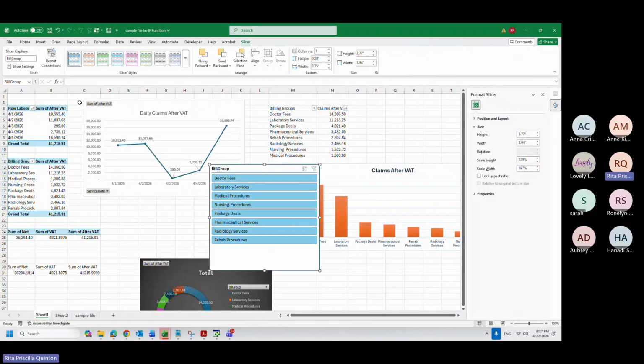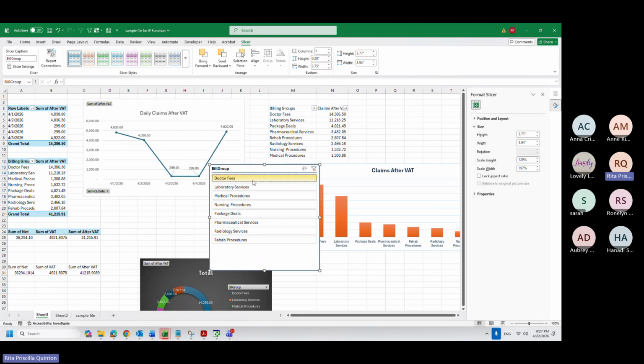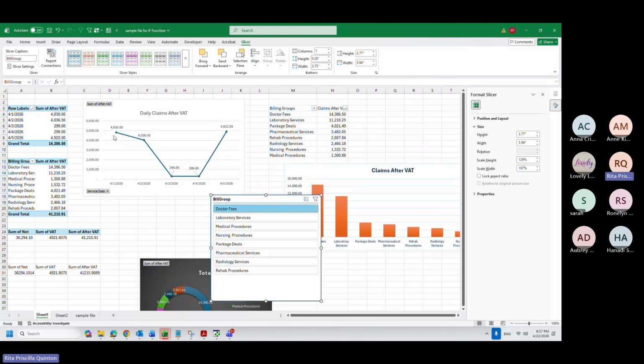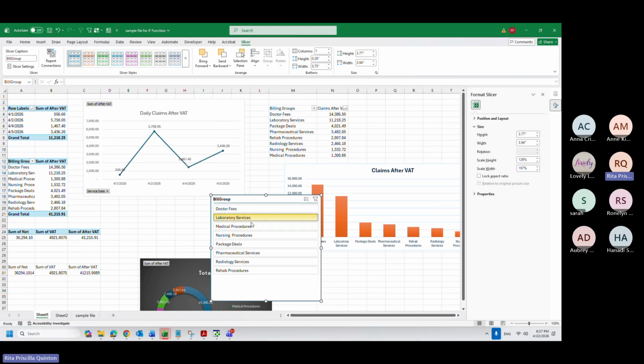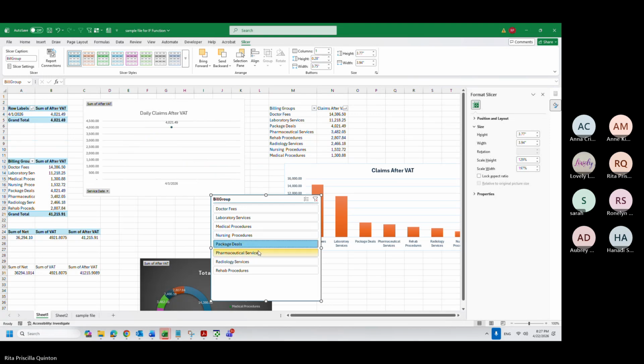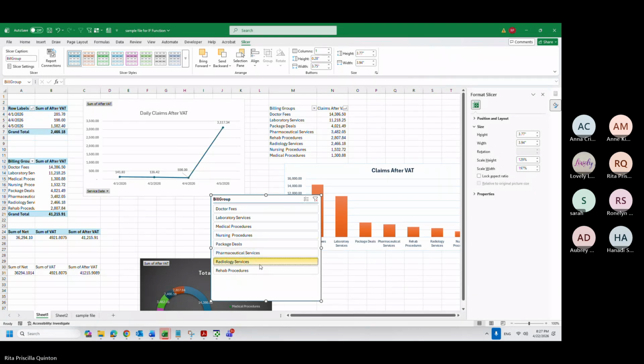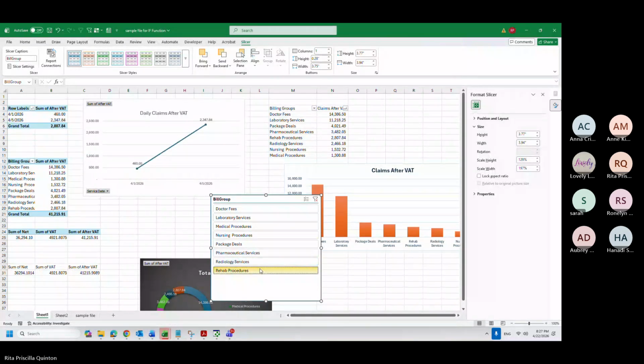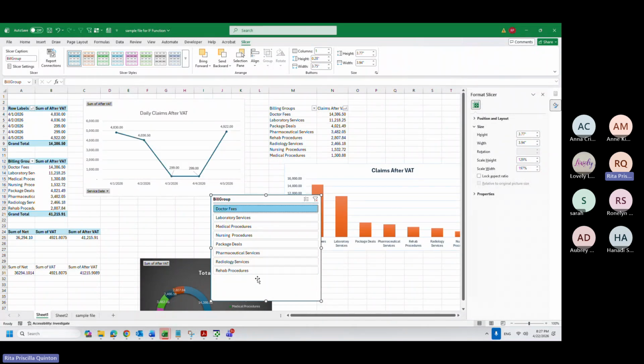Say I only want doctor fees. You will see here that this chart also moves along with each change of the slicer. So this is what slicer does. It's like filtering for us immediately.